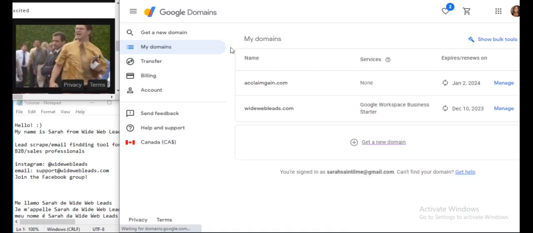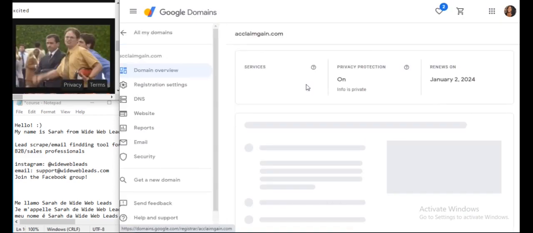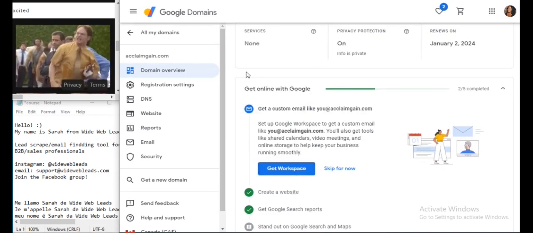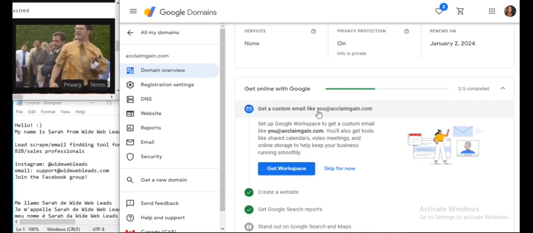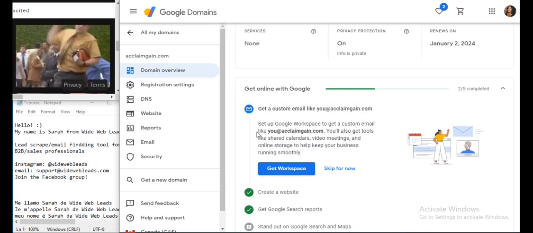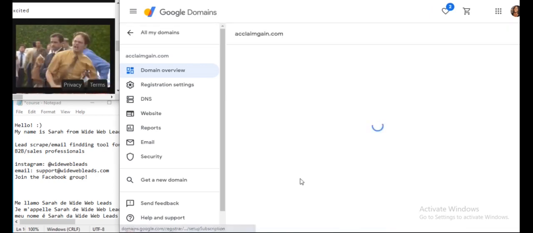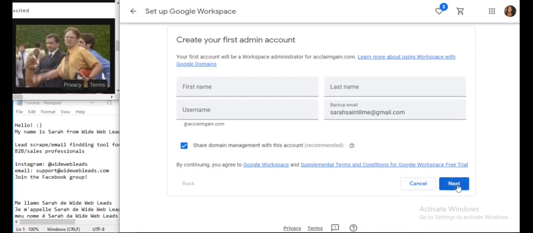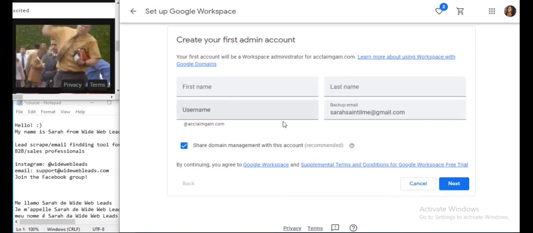So I'm in one of my domains here, and this one doesn't have an email. So what it says here is get a custom email like blank at this website that I purchased.com. Okay. So here's where you do that. You click all of that information, then click next. And that's another way that you can do it.